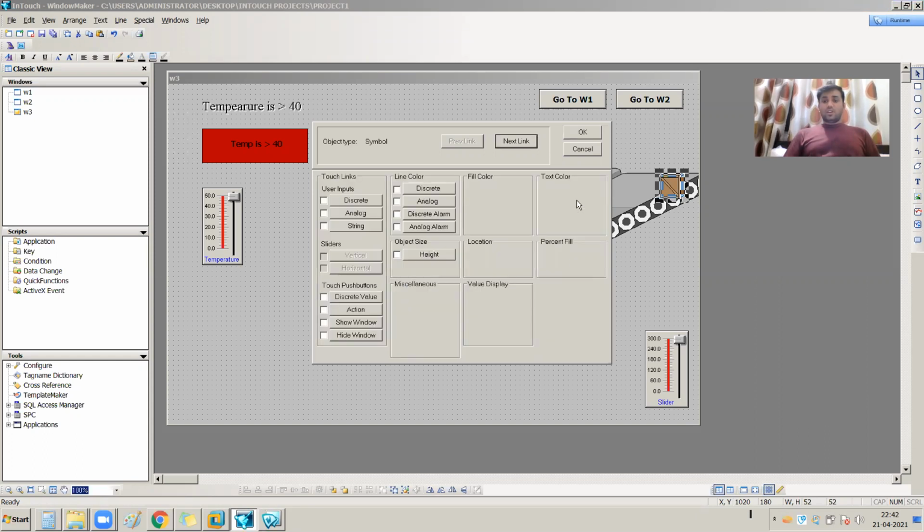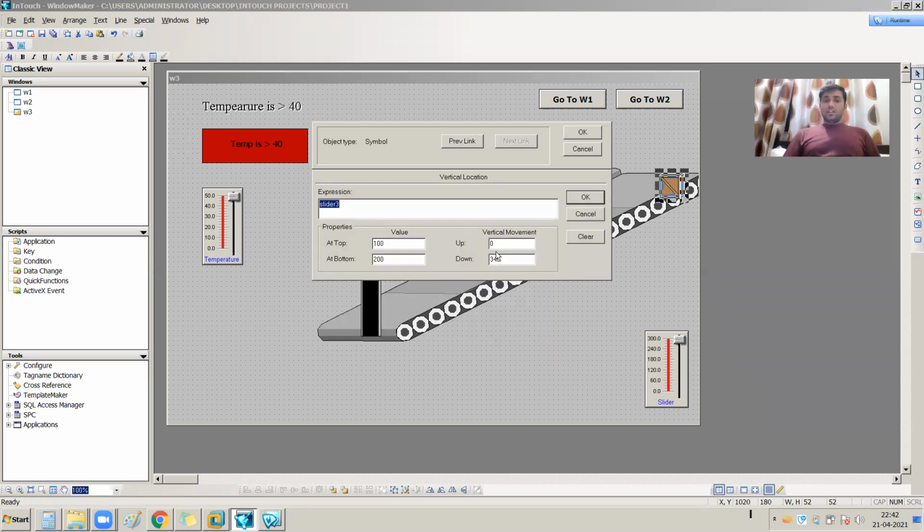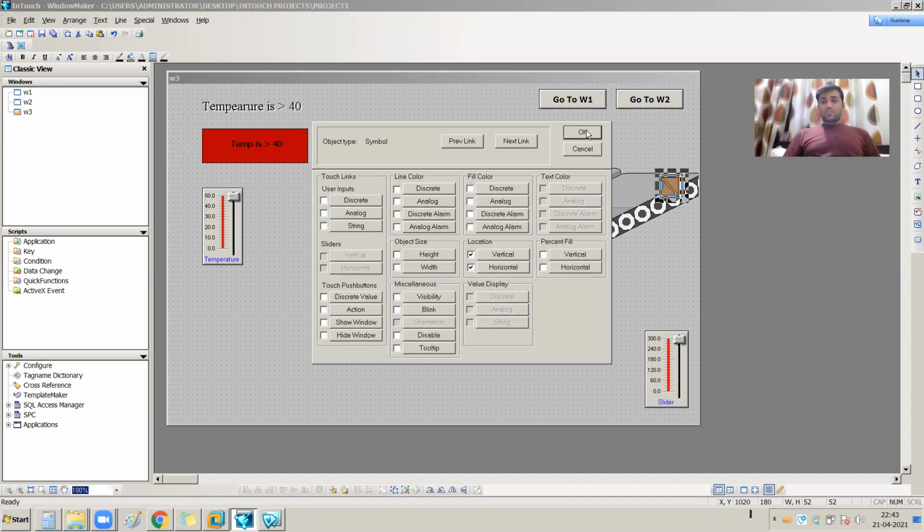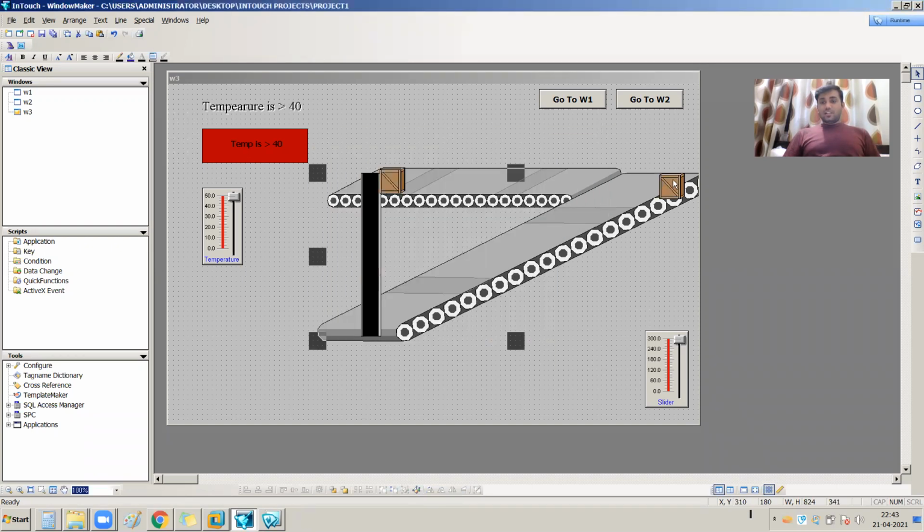Okay, that's fine. And for vertical, from 0 to 340 at the downside. But is that correct? The y axis is my 180 and 540. So 180 and 540 is the correct.